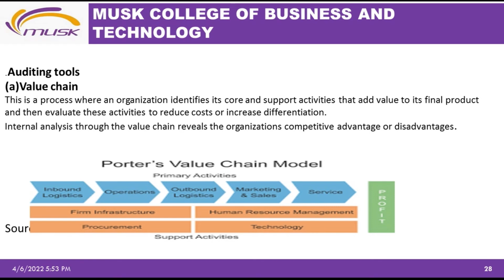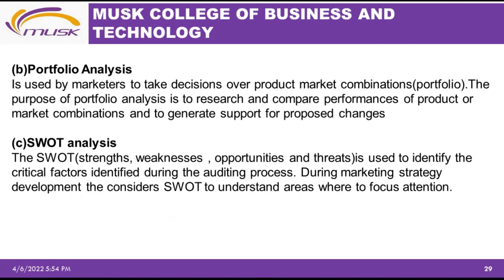Then we have the human resources. We have just said those are the employees, the people within the organization. And then the procurement: how do we source our materials and technology? So once we make sure these things are right, we have a green here, and definitely we will realize profit. So the value chain is a great tool as we are doing auditing. It is simply answering these questions: how are we doing around infrastructure, procurement, and everything else that we have mentioned there?